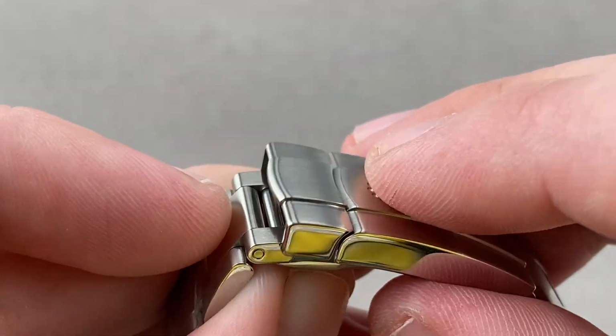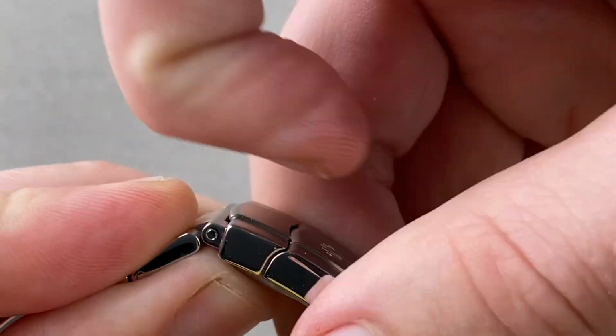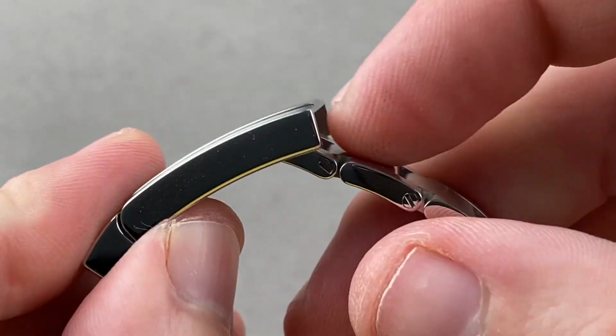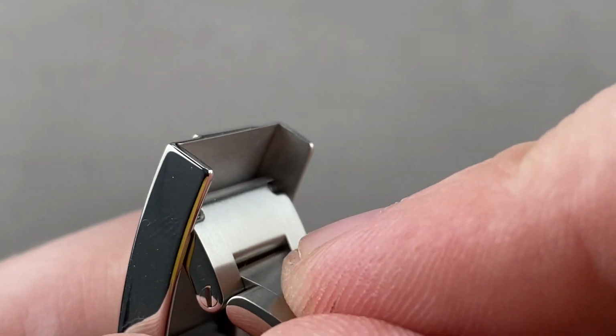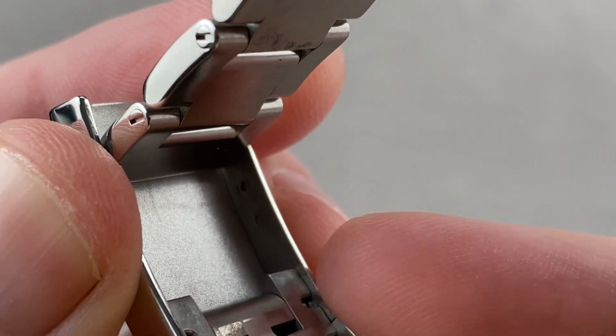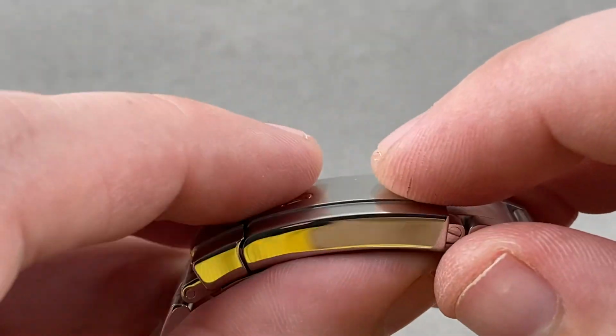You can see there's both a beak and a hook. It's a lift lock system, so you can't just pull it open. You must unlatch and unlock it. And so it is a secure system in spite of not having the clamshell. This generation of Oyster Perpetual did not feature the easy link, but you can see there are 3 divots drilled